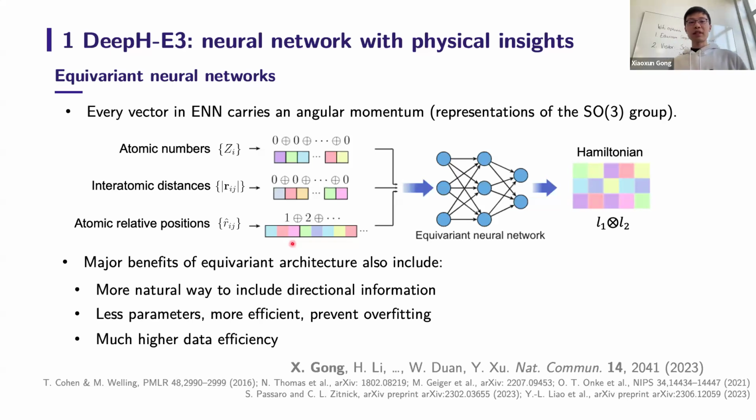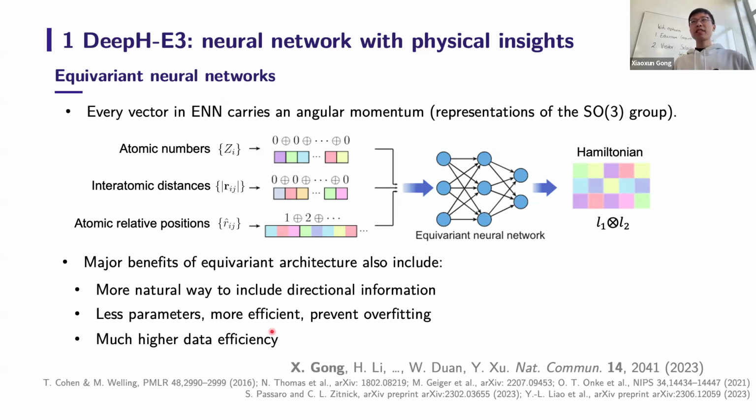So we want to also give the relative position information, which are vectors that can be rotated on the rotations. So if we don't use the equivariant architecture, then we have to design very complex features, including some angles and three-body angles and so on, and also all of these descriptors. But in these equivariant neural networks, we can directly use spherical harmonics to expand the relative positions, and this provides a very natural way to include directional information into the neural network.